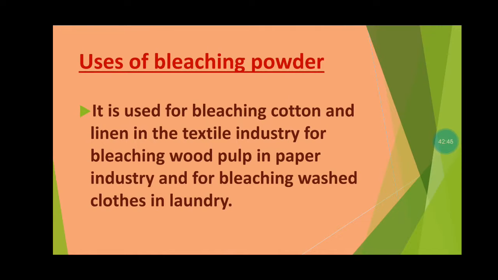Now let us see what the uses of bleaching powder are. The name indicates it bleaches. It is used as a decolorizing agent, normally in sugar industries, where it removes the color of sugar crystals. It is also used in the paper industry, where it removes the wood pulp color from the paper, and we get a fine white paper. It is used as a bleaching agent in the textile industry.